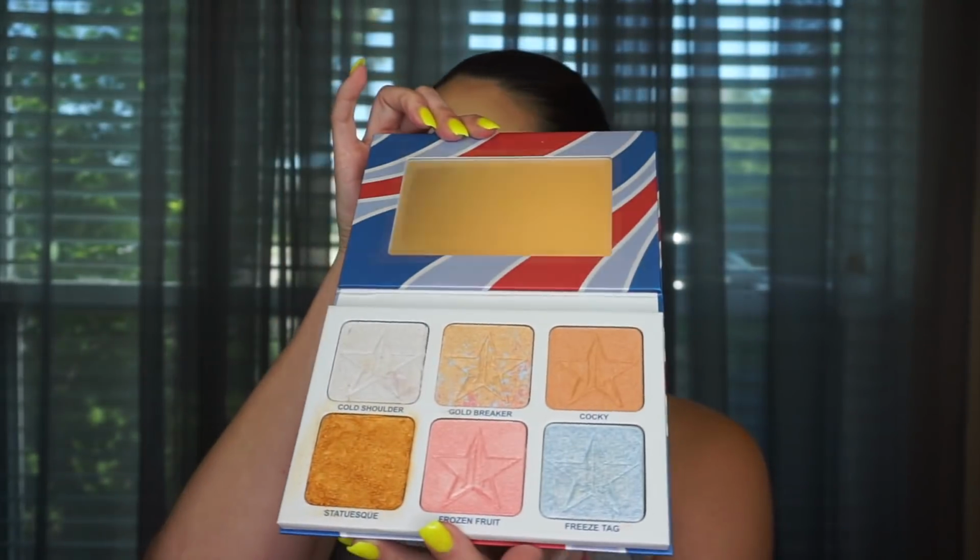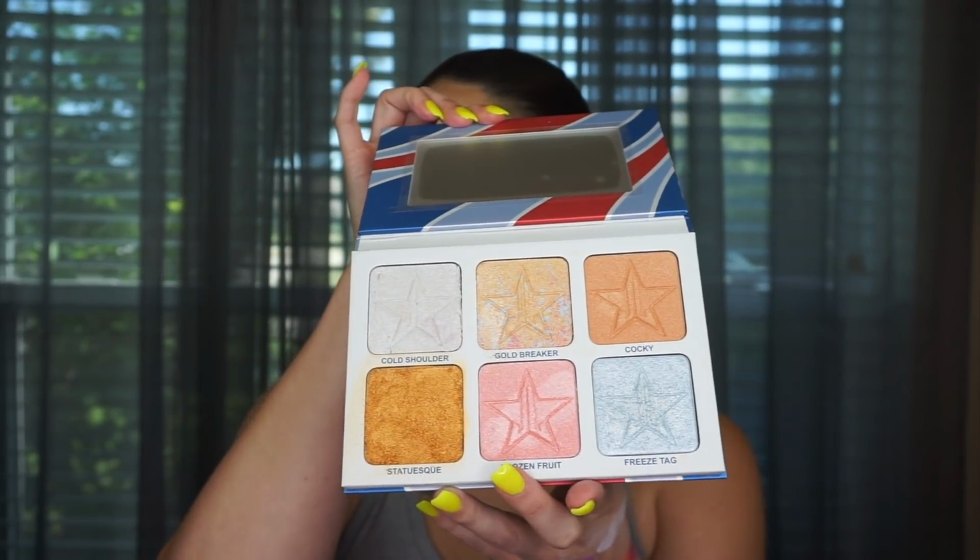For highlighter today, I used the Brain Freeze, so I'm having to be careful with my palette. I used Freeze Tag and put that on my cheekbones. It turned out super pretty. I feel like it ties in really well with the purple. The highlighters,